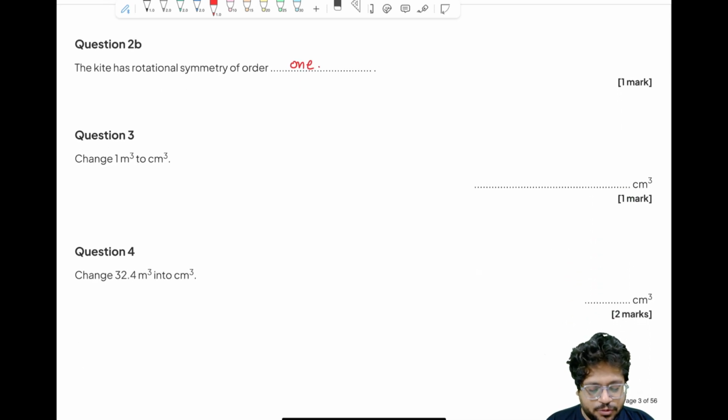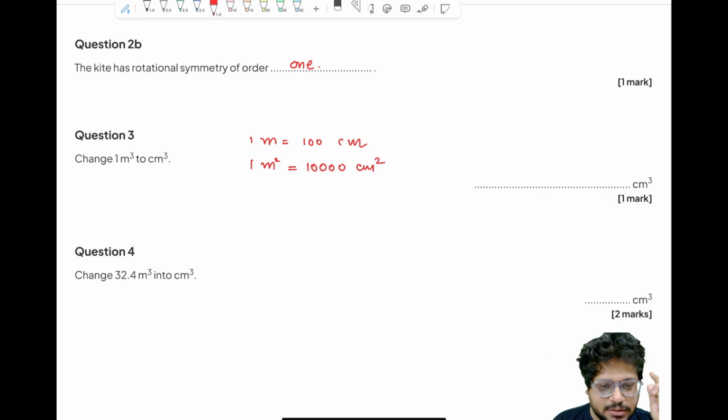Change 1 meter cube to centimeter cube. Now this is just a conversion kind of question. It is not just meter to centimeter, it is meter cube to centimeter cube. You must have done meter to centimeter. 1 meter is equal to 100 centimeter, we already know that. So if I square both the sides, 1 square is 1 only, so 1 meter square is 100 square, which is 10,000. So if they had asked 1 meter square, that would be 10,000 centimeter square, but no, they have asked you the meter cube. So let's cube this,